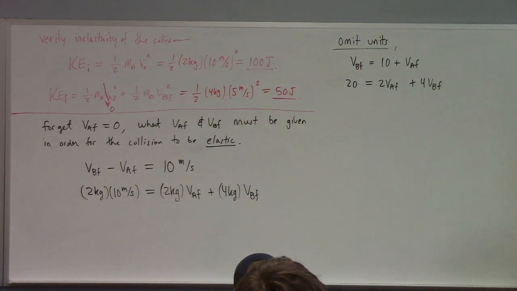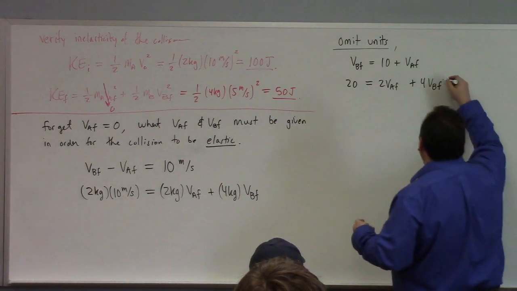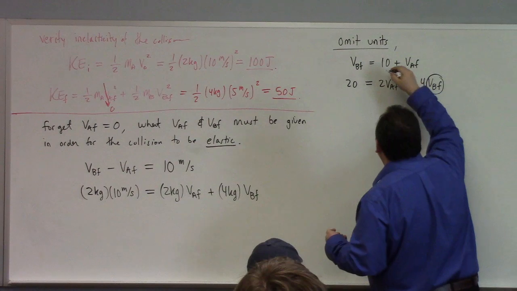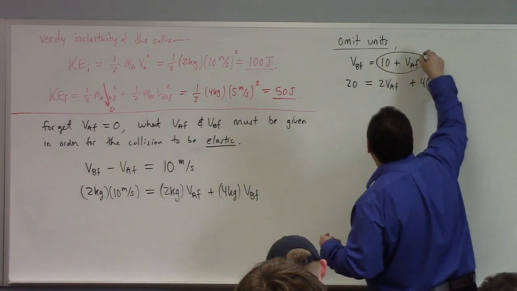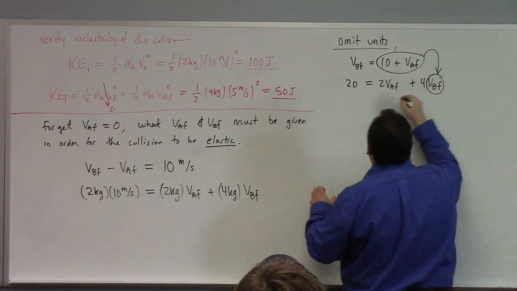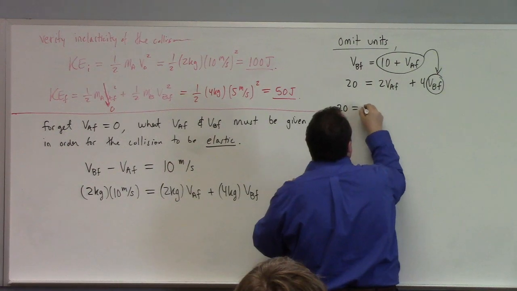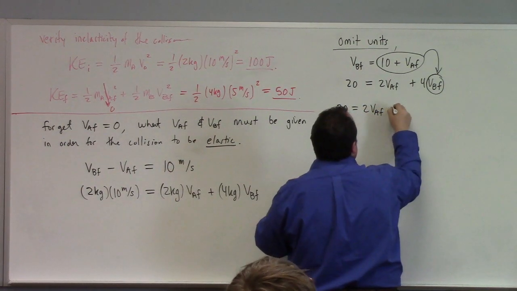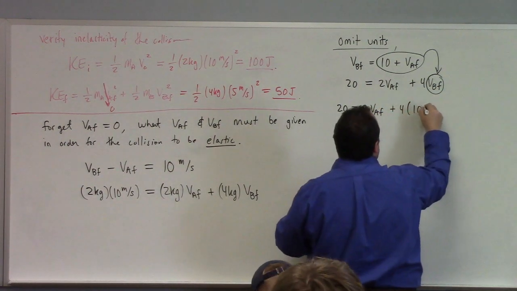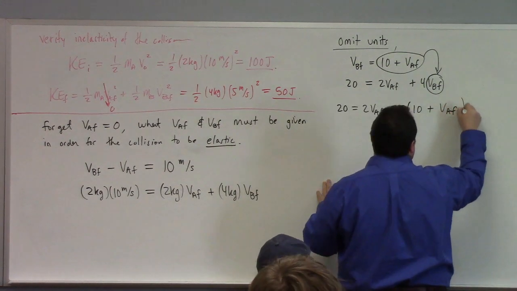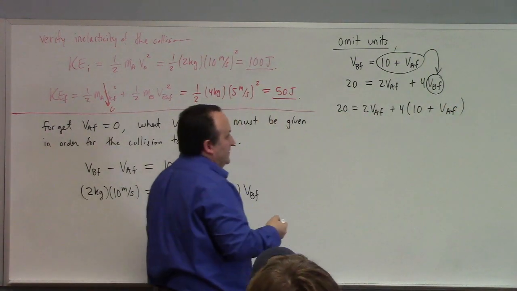At this point, you guys should be like, oh, that's not too bad. I can solve that. That's 2 equations, 2 unknowns. We can work through that. How would you suggest we do it? Substitution? Sure, I like that. So this offending VBF here, I'm going to put 10 plus VAF right there, and that'll give me 20 is 2 VAF plus 4 times 10 plus VAF,